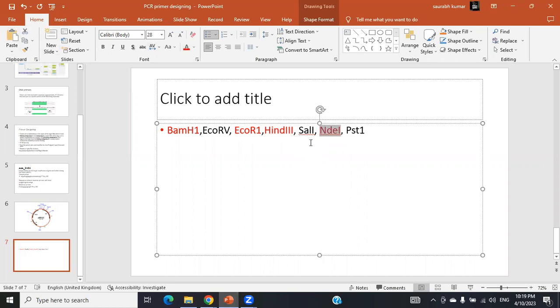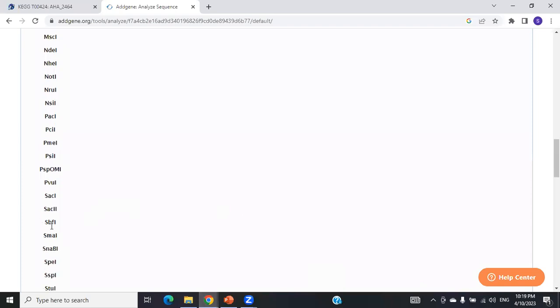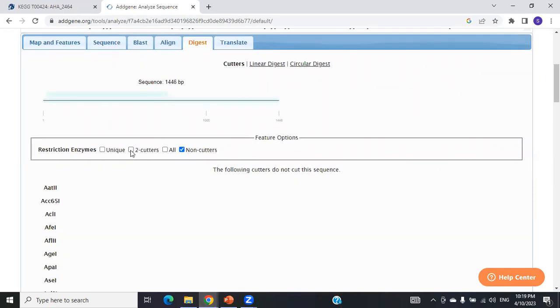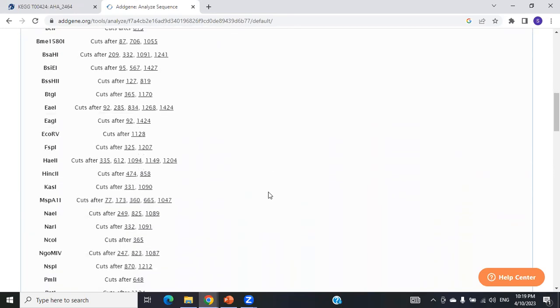NDE1, SAL1 and PST1 I need to check. SAL1 also I cannot find in the list. And PST1 also I cannot find in the list. If I go back to the list of all cutters, then I can see